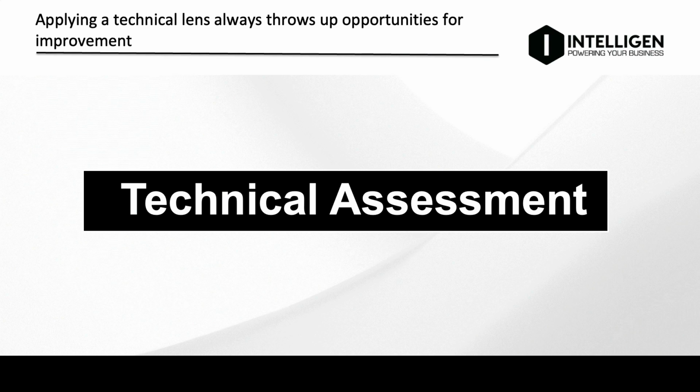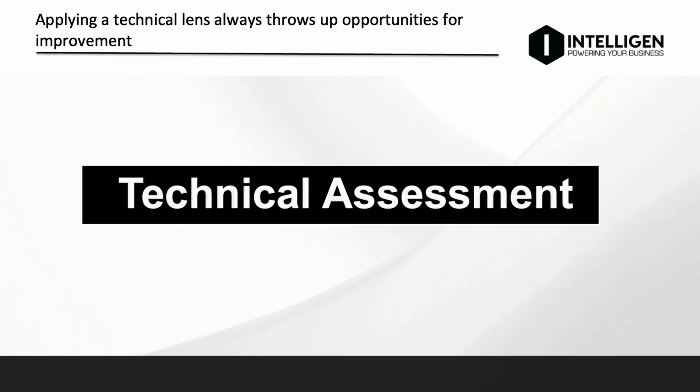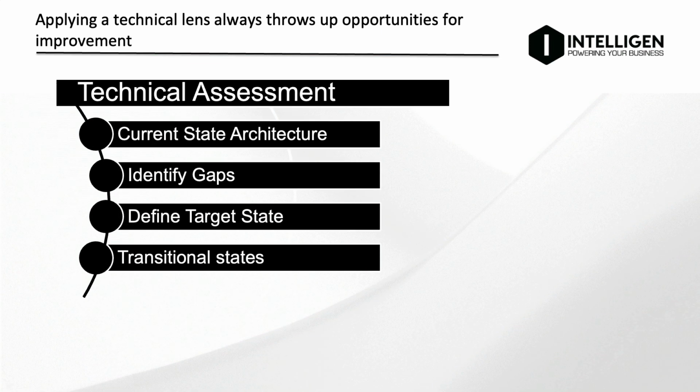Next, we move on to the technical assessment piece. This is very much an architecture and design focused stage of the process where we really look at the current state architecture. We identify any gaps in the existing capabilities, highlight any weaknesses, and really crucially, what we're looking to do here is identify opportunities which we can exploit in the future state to increase the maturity to a certain level, providing an uplifting capability to deliver on use cases which potentially can't be delivered in the current state. We can then define a target state based upon what the business have told us they need